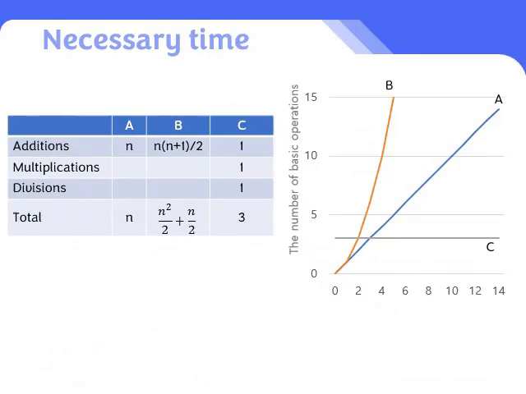If you look at the graph, you can see that algorithm C stays flat and constant like this. It's laid out flat, and A increases in proportion to the value of n, but algorithm B shoots up to the sky in an instant. This is the difference in the size of the algorithm growth function, the growth rate function.